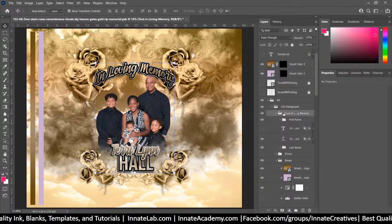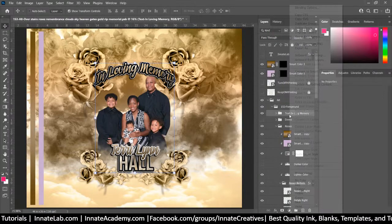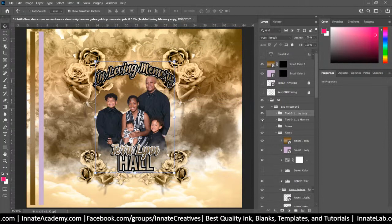And what I'll do, instead of taking off the In Love and Memory text, because I know a lot of you will want that exact text, I'm just going to right click. I'm going to duplicate the group. And now, instead of this being text In Love and Memory, let's just say